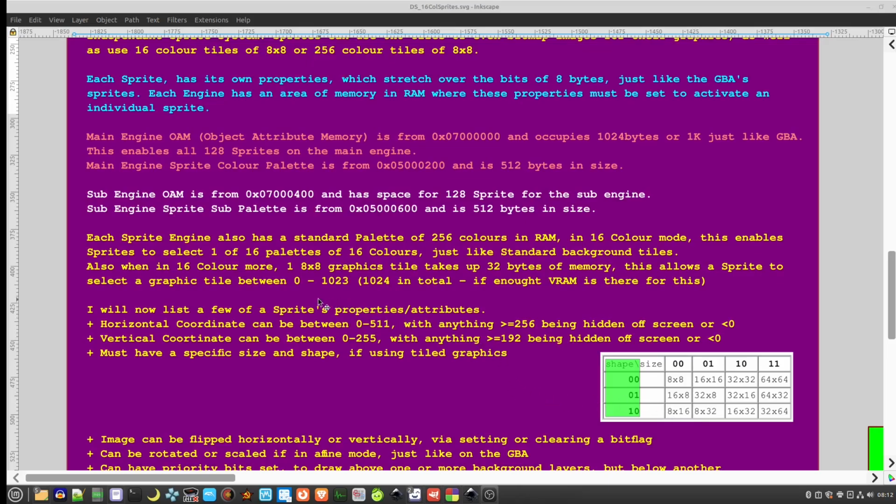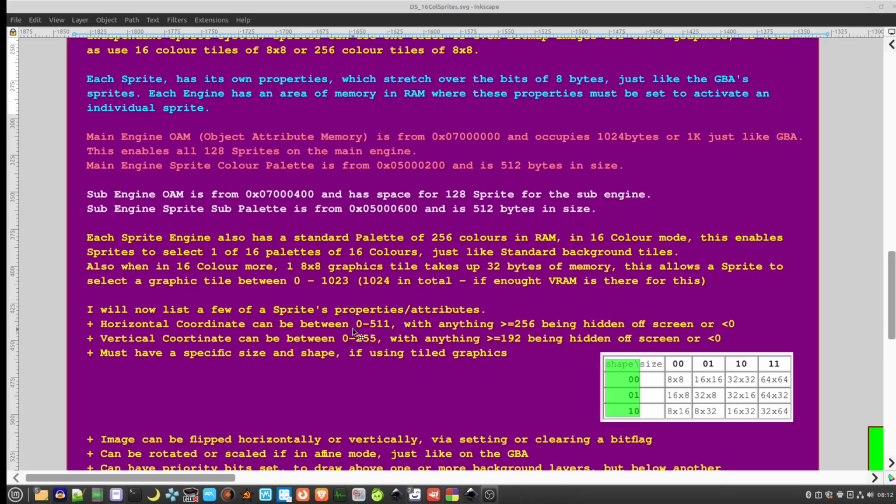So one thing to note as well is the various parts that make up the properties of the sprite. There are limitations on the numbers. Two of the key ones to bear in mind is the horizontal position of a sprite can only be between 0 and 511. If you set that horizontal coordinate to higher than that, then that number will bleed into the other properties around and potentially cause various other glitches with that individual sprite,